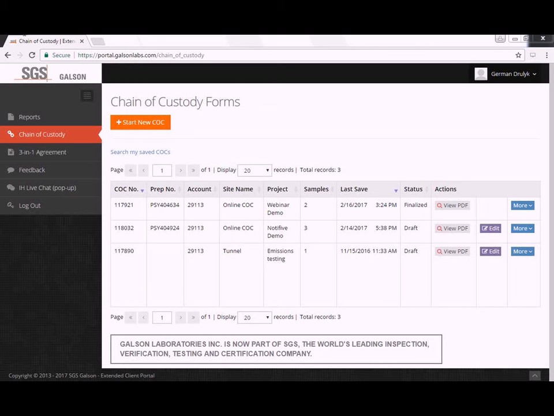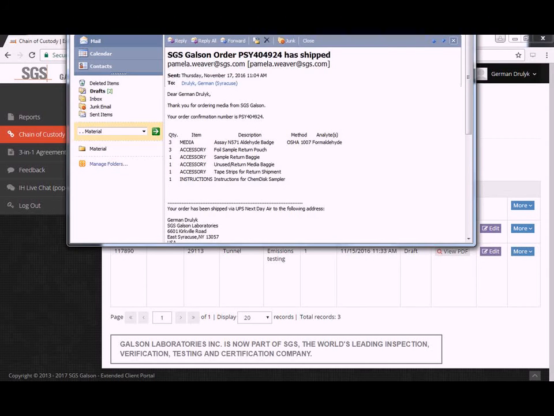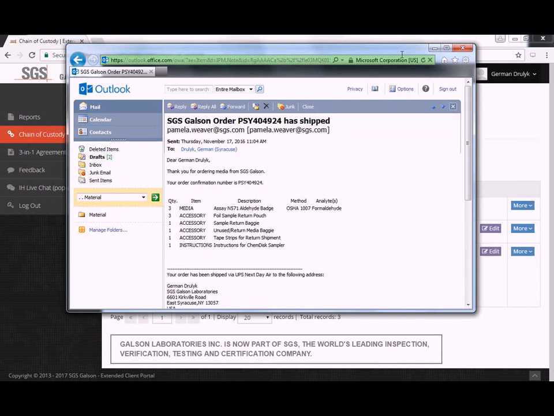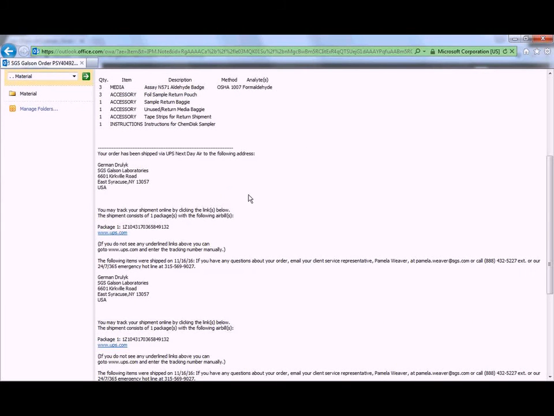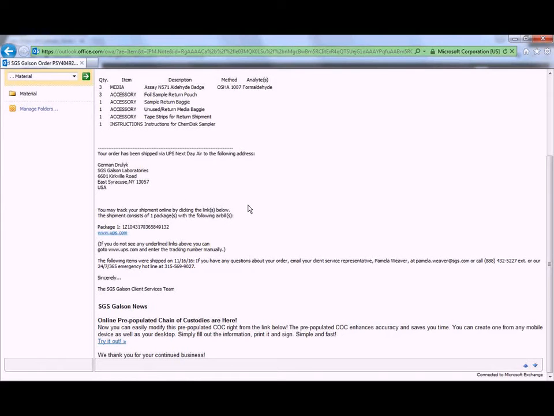So when you place an order with our client service reps, we put it in our system, and once it has been shipped, you should receive an email similar to this one that tells you the order has been shipped. In the very bottom of the email, there is a link for a pre-populated COC. So you just have to click on Try It Out,